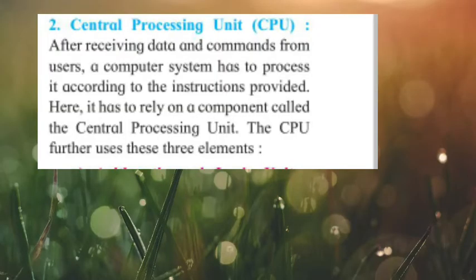The next important part of the computer is called CPU, that is Central Processing Unit. As the name suggests, it performs all kinds of simple as well as complex operations. It also focuses on storing data. In RAM we have raw input data, and whether it works properly or not is checked by the central processing unit. It also checks whether it generates proper output or not.